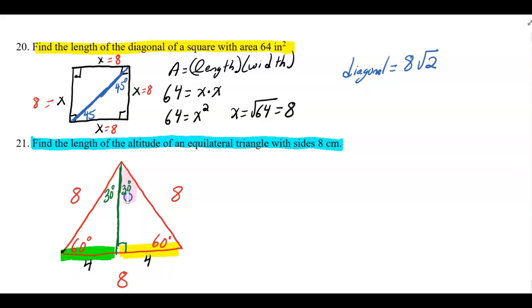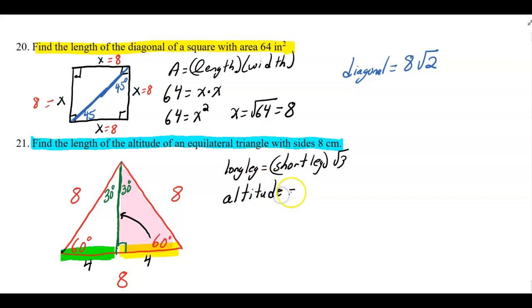And if I focus in on the pink triangle, this is a 30, 60, 90 triangle. You can see that the hypotenuse is 8. The short leg is half the hypotenuse. Therefore, the side across from the 30, which is the long leg, or the altitude, remember the formula is short leg times the square root of 3. Therefore, the altitude is equal to 4 square root of